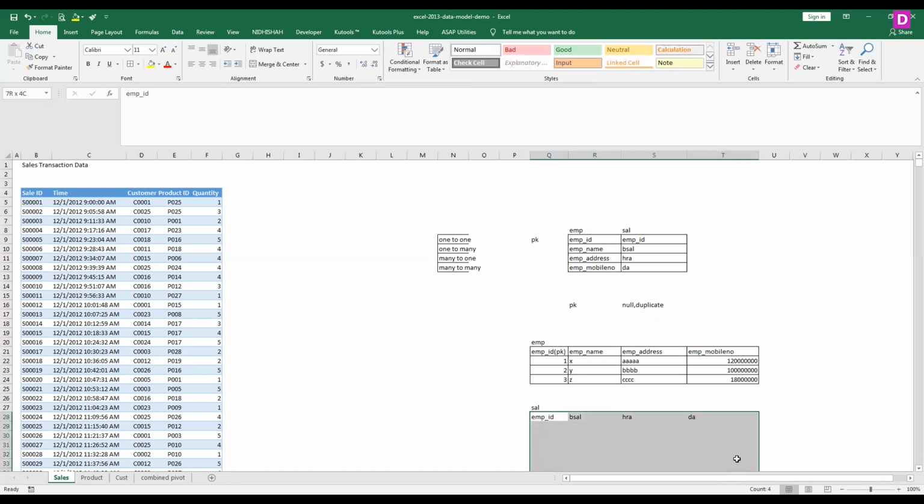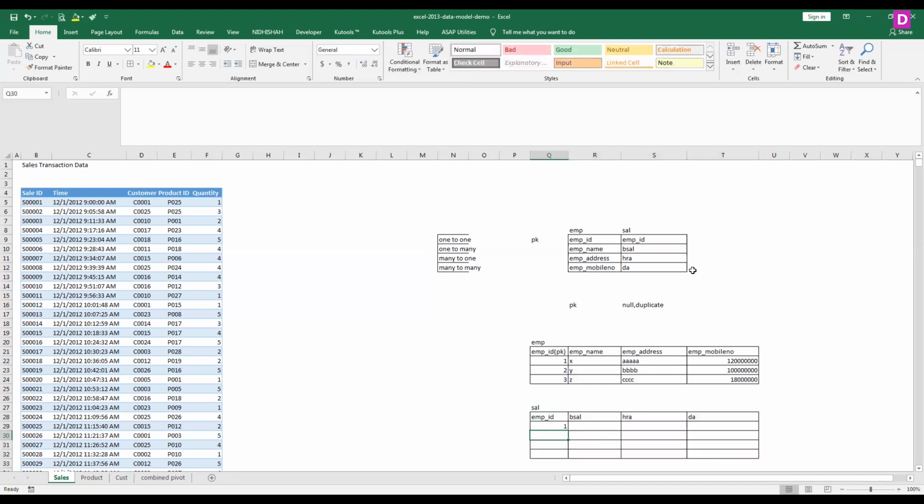In the salary table, it is not a primary key because we have the salary issue, particularly month-wise. It means that multiple entries will be allowed. So if I give 1 here, then the basic salary is this one. For HRA, for example, I will give 15%, and DA is 150, for example. If I write 2 here,